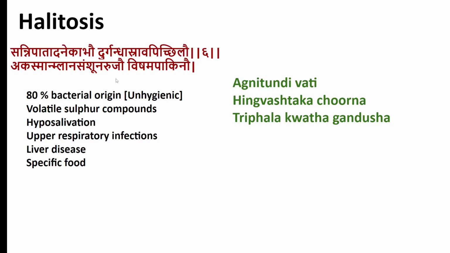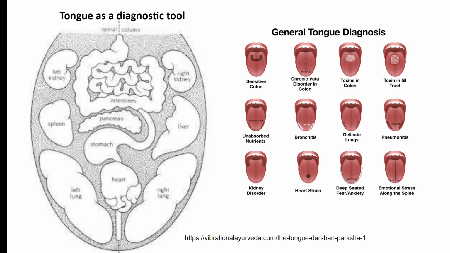Now, it is a variety of the ajirna, symptoms of the ajirna: sanipata, anekabhu, durgandha, srava pichilo, akasmat, lana, samshuna rujo, vishama pakino. The patient would have that durgandha, foul smell as such in the oral cavity as a case of the ajirna. Now, the last part is about a general